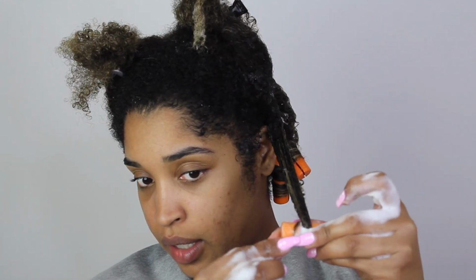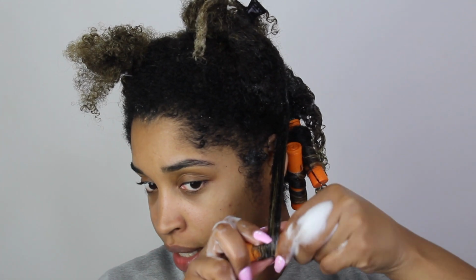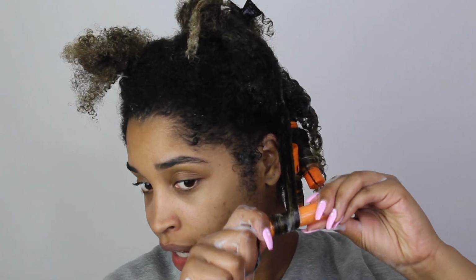Then I'm going to wrap it around like that, keeping it smooth. I don't start doing that twist action until I feel like the hair is on there and it's secured. The way you can tell if it's secured is when you're rolling it: if the hair is moving, it's not secure. See how this is not moving? That's secure. So now I'm going to do the flip